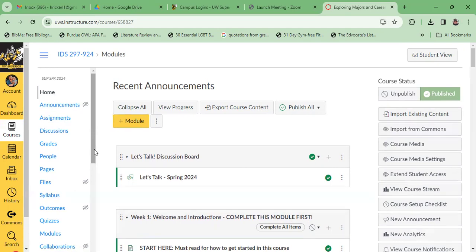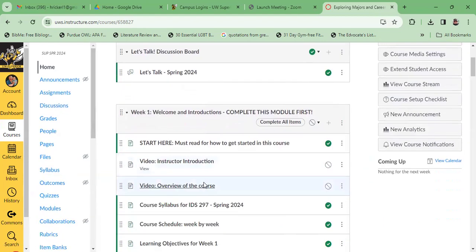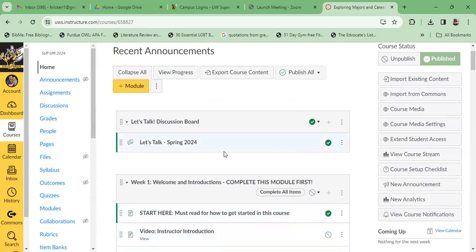Assignments, discussions. There are no discussions in this class. I've taken them out and put in surveys and reflections instead. I don't know how much you can see of this other stuff on the student side, so I won't spend too much time on it. Just some quick things that if you're new to Canvas, you may not notice.